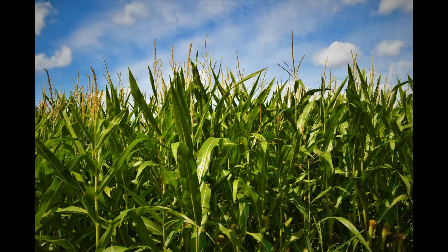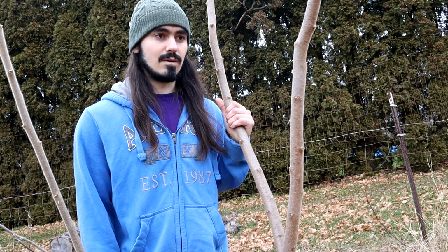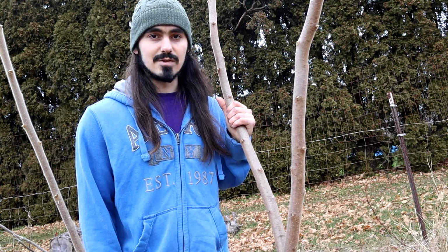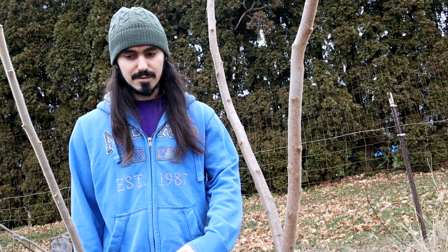As opposed to a monoculture crop of corn, it's really only one-dimensional. It's only that plant that's being grown, and that's all the yield that you're going to get is only from that plant. You're taking that horizontal plane of farmland and you're planting one seed, whereas maybe a more traditional approach may have been to plant the corn, beans, and squash, what we might know as the Three Sisters planting